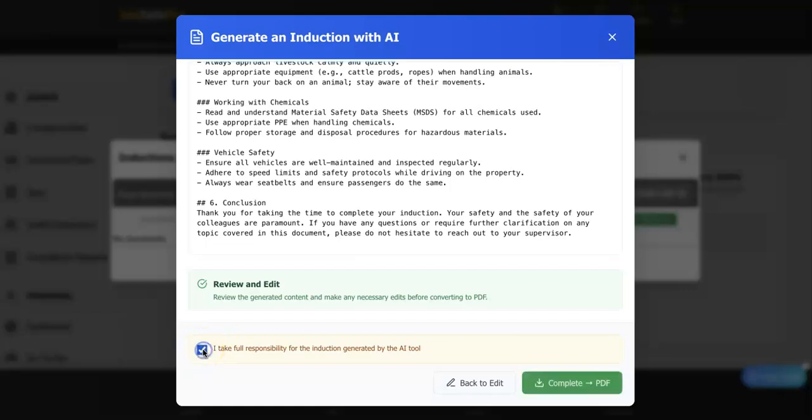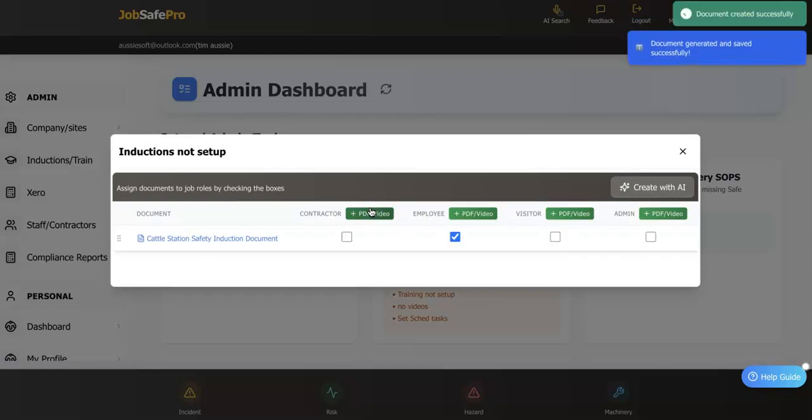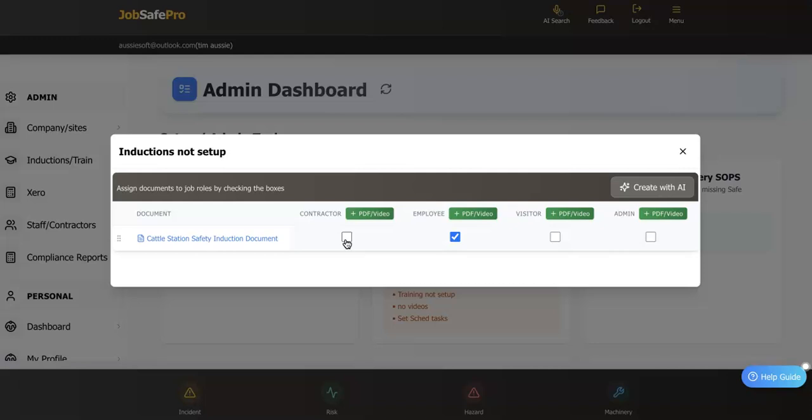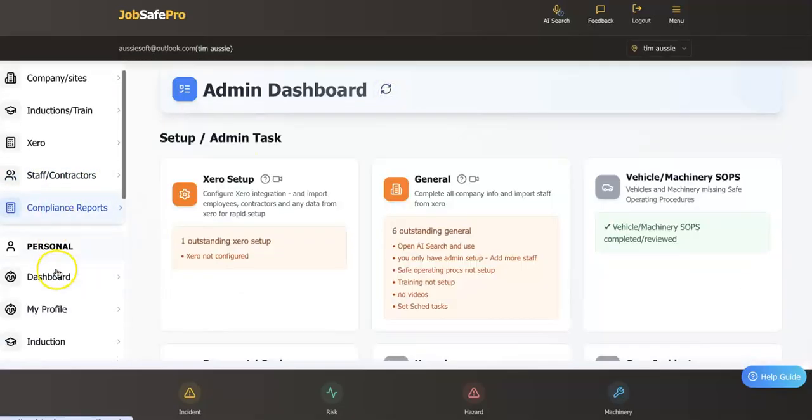Now I've got to take full responsibility for this induction because AI legally can't. And I'll create that, complete that. Now that applies to employees, but I can make it for anyone else. Now my role personally is employee. So if I close that, if I refresh the whole page, I should now see